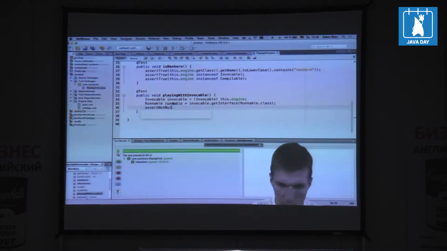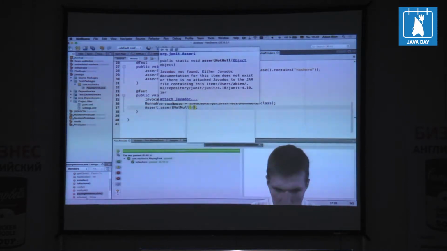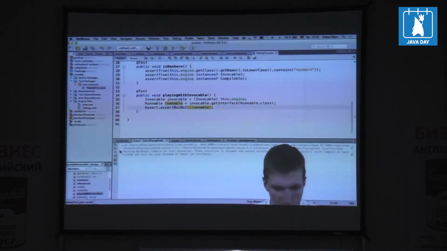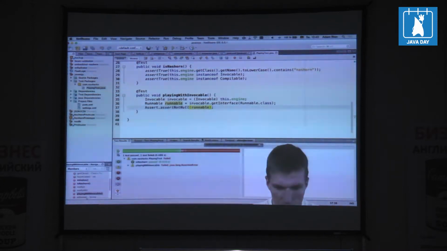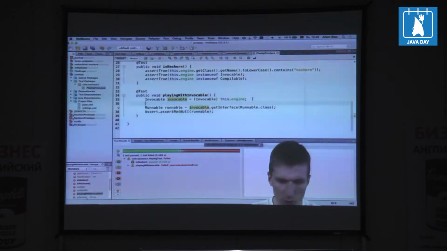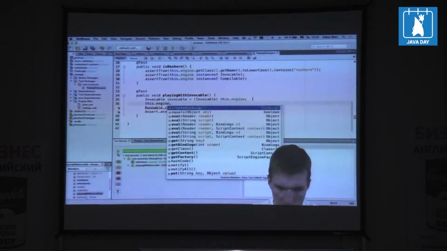By the way, we are not test driven, right? Because everything is green all the time. Our true agile developers would like to see a red bar first, then fix it. So let's fix it. The problem is there is no script, so nothing implements it here. To make it happen, we can now say invoke this engine eval